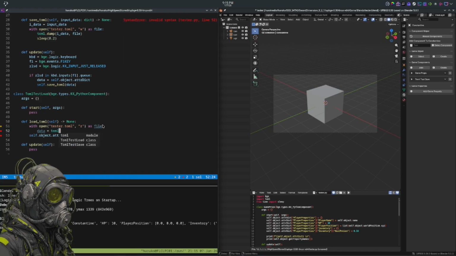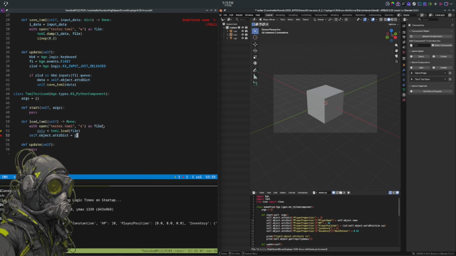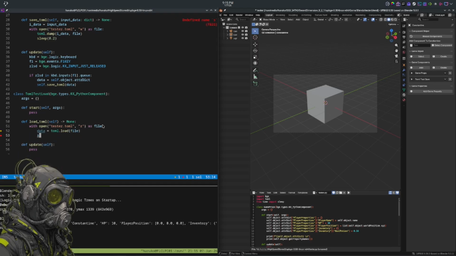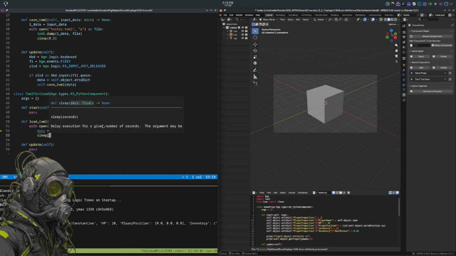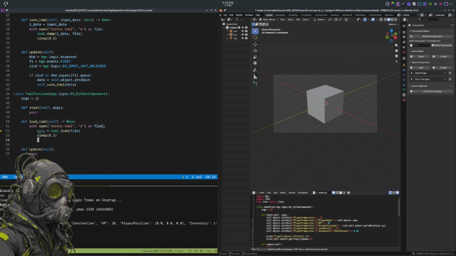Data is equal to toml.load file. And we sleep. Because sleep is good for you. And then